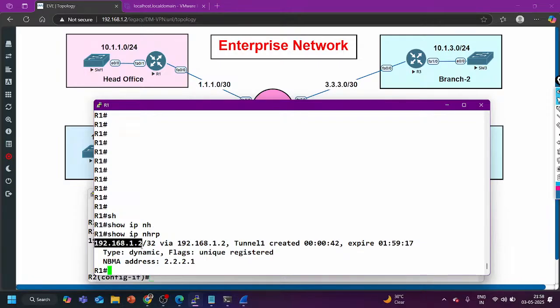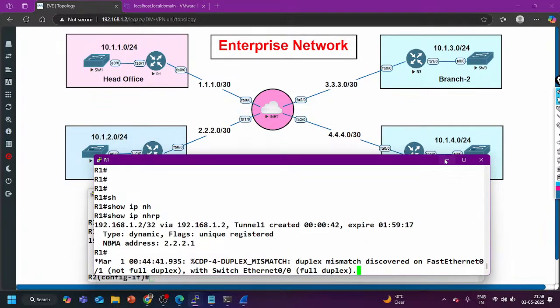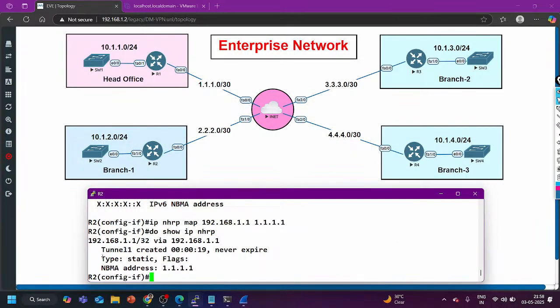IP address of router 2, the tunnel IP address, the remote tunnel IP address, and here is the NBMA address 2.2.2.1. It is going to expire after this interval of time. And type is dynamic. Type is dynamic means router 1 has learned this NBMA address dynamically. But on router number 2, you can see type is static. On router number 1, we have configured it